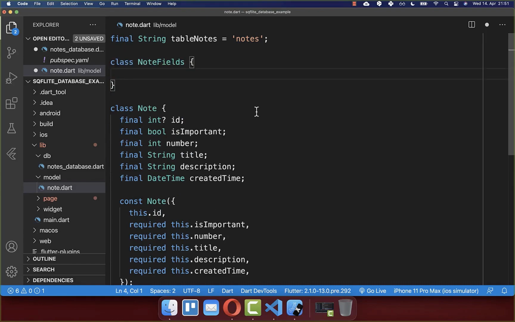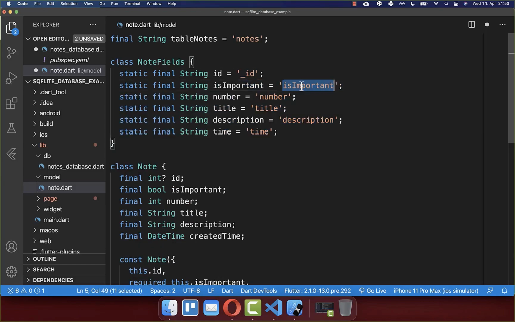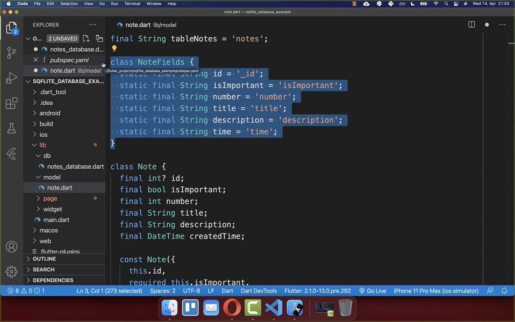NodeFields. And inside we define all of our field names, which are later our column names within our database. By default in an SQL database, we always have this underscore before our ID, and our other fields we can simply name like we want to have them. And now that we have defined all of our column names of our table, we can go back to our